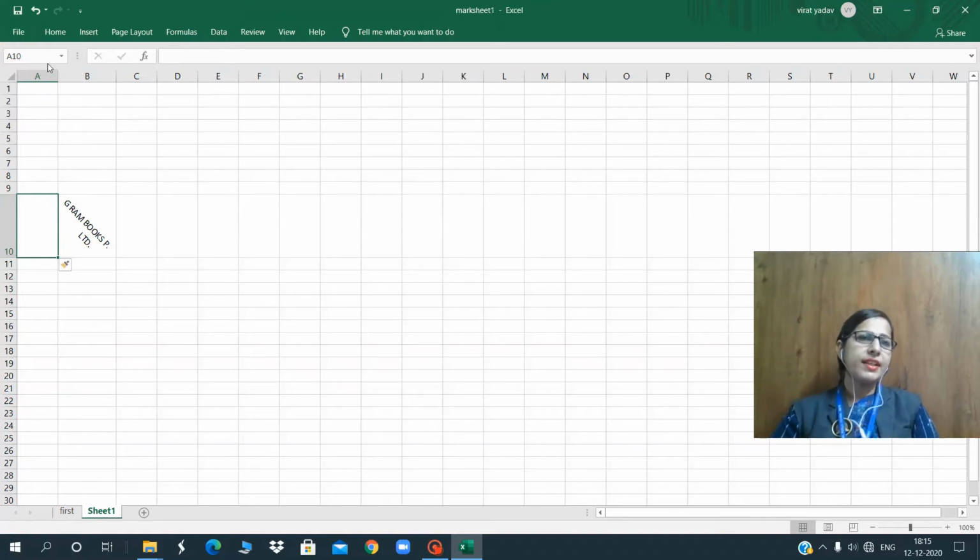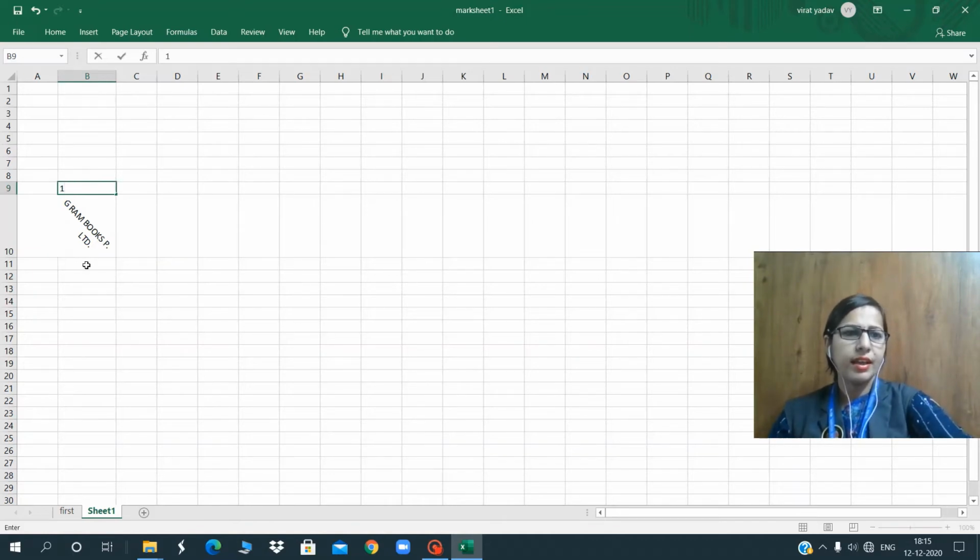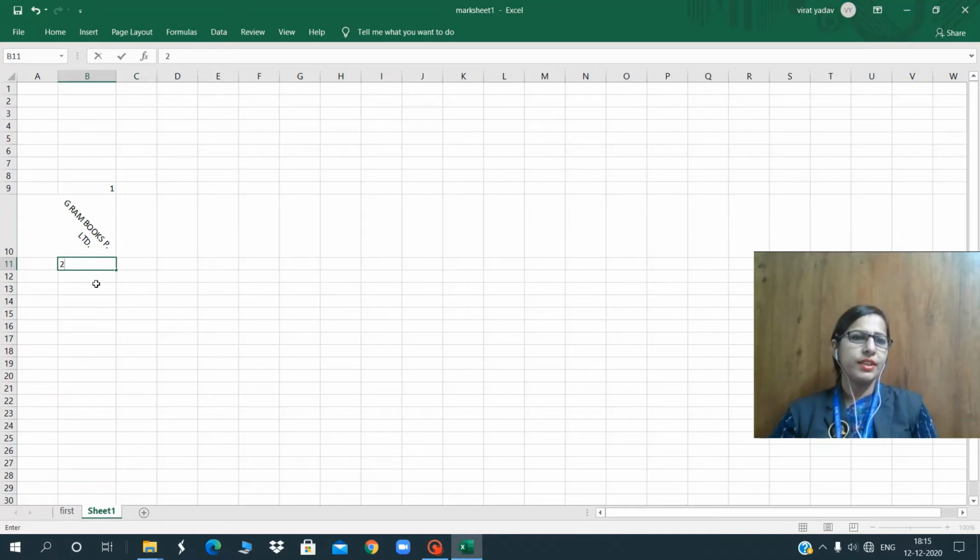Okay, now next is how we can delete a row and column. First I want to write here 1 and here 2. So you can see how we can delete. Just place your cursor on that row and column which you want to delete. I am placing it here.